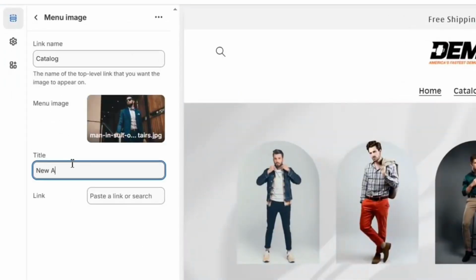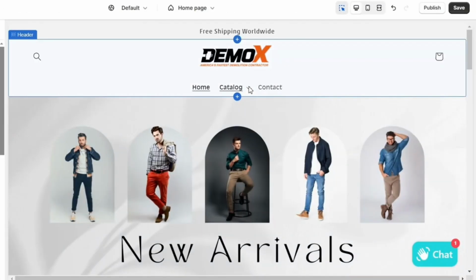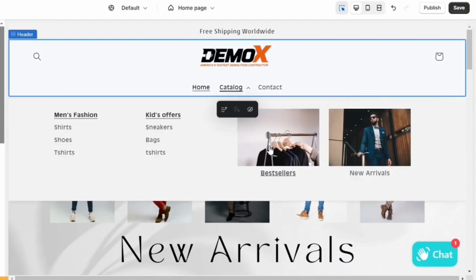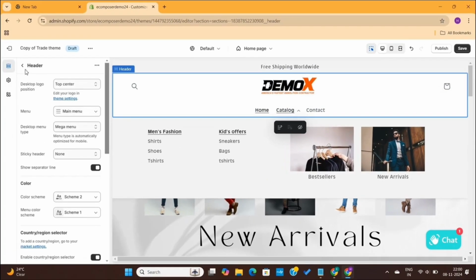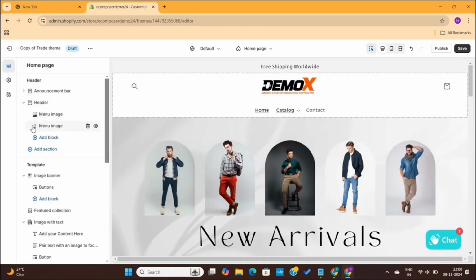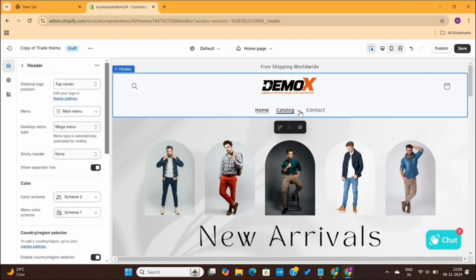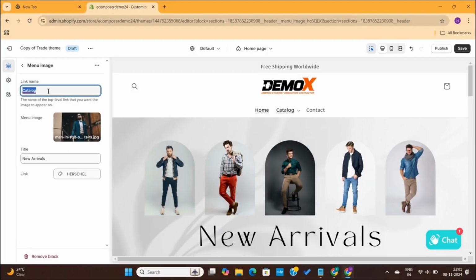But this time, I will name it as New Arrivals. And now, if we go to Catalog, you'll see that this image is also added to the menu. We can also change these image positions by simply dragging them up or down. One thing to note here is that we can change the position of this image by simply changing the link